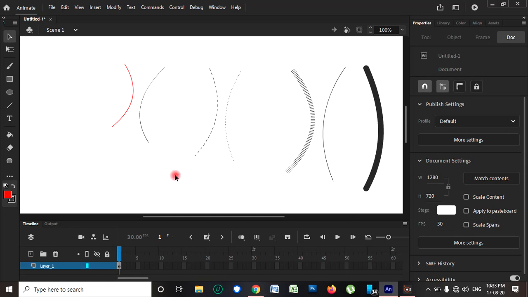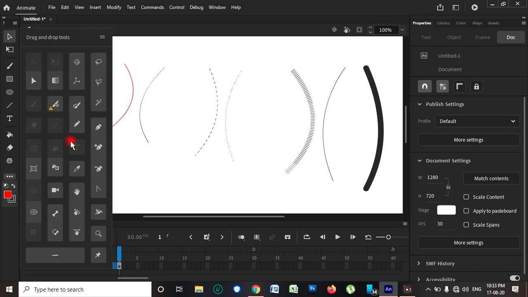Okay, now we have already understood what the straight line can do. It is used to draw straight lines, and with the help of the selection tool we can make it a curve also. Okay, now we are going to discuss the next tool. Here, on the options side, we are going to choose what is called the pencil tool. The shortcut key is Shift plus Y.